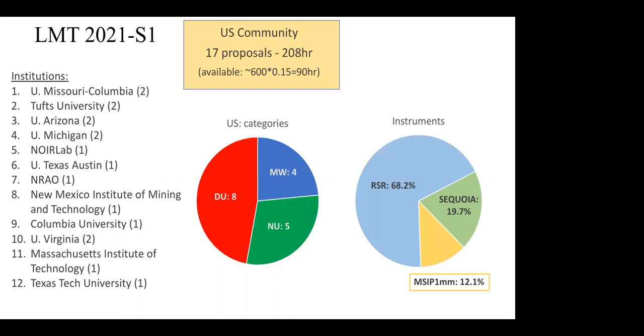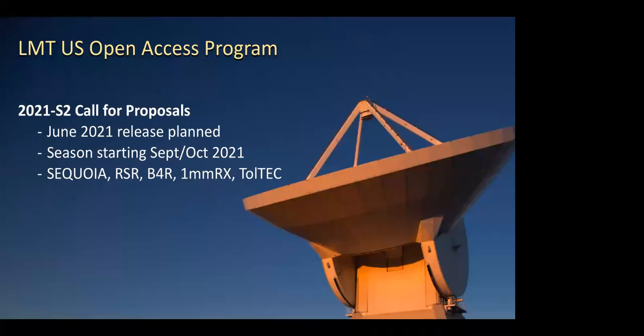So oversubscription for this particular program, despite our webinars and whatnot, I don't think was really fully realized. It's considerably lower than ALMA, but I suspect this number is going to change once the word gets out and the Toltec becomes available to the US community. Nevertheless, I think this is an important alternative for some or many of the science programs that you might have in mind. Next. So we are ready to release the next call for proposals.